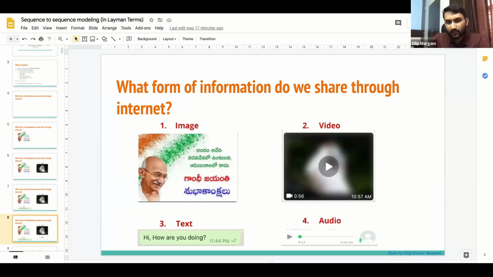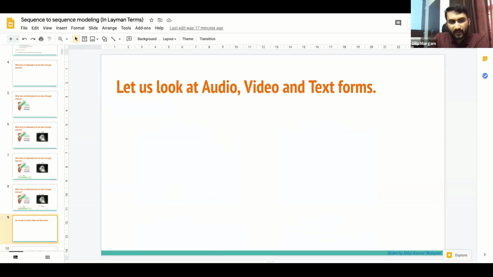These four forms of information compose the majority of information that we share on the internet. There are other forms like GIFs and emojis, but I would say emojis fall under text and GIFs fall under videos. So given that there are four forms of information, let's look at audio, video, and text forms.